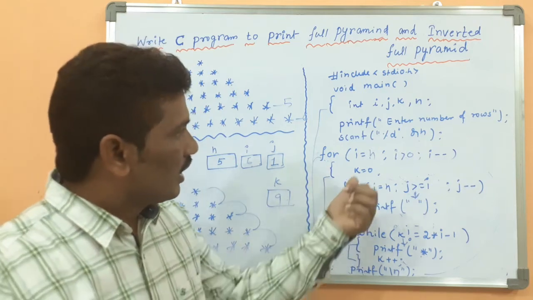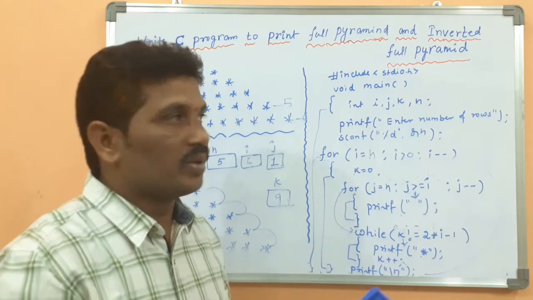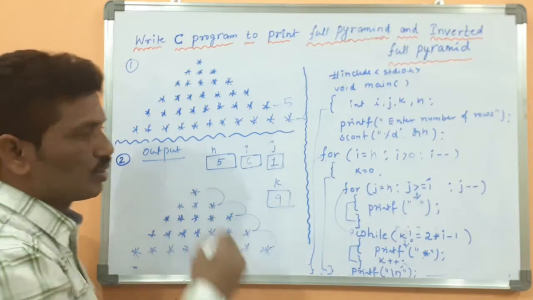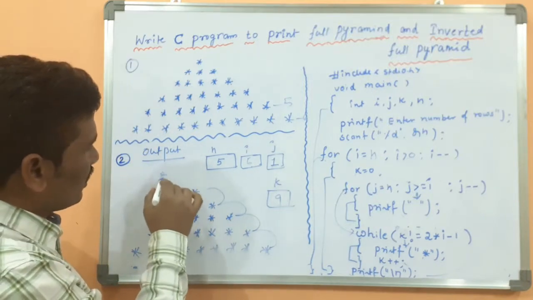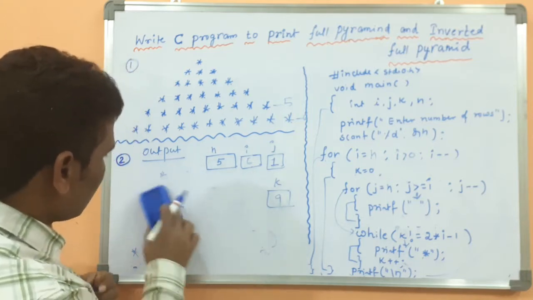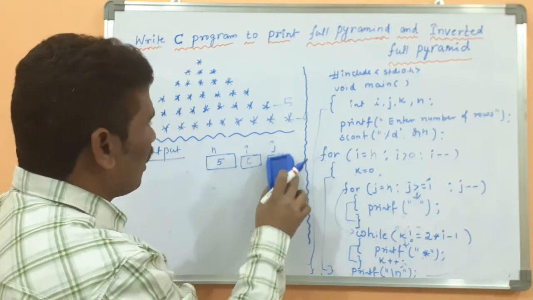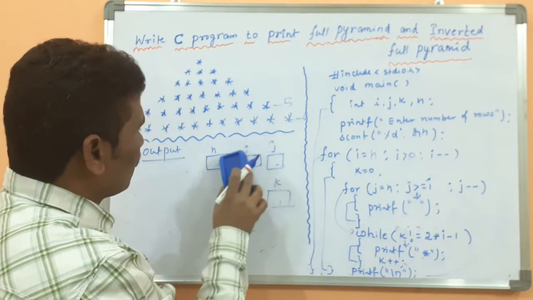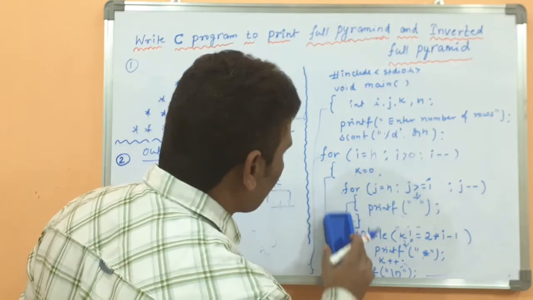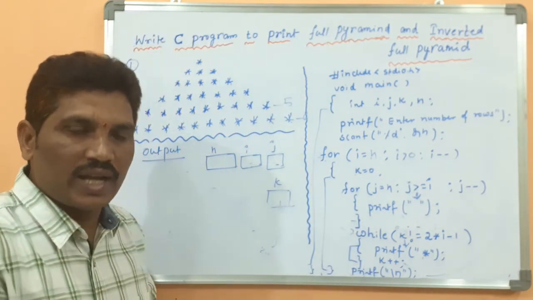But here what is this program for? Printing the reverse of the pyramid. Inverted, because it is an inverted pyramid. Stars should be displayed. Here how the output will be displayed, we will check it once. Then I will explain. Here also all these variables are required. Look at here. Because I will explain 1 or 2 lines.